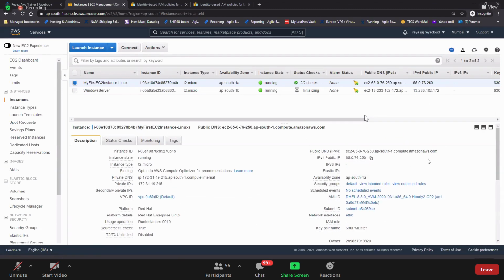Okay, now question for you here is, and yeah, which availability zone? Can you tell me, I have assigned this public IP. If I stop and start the EC2 instance, this IP will change or not? Yes, it will change. Do you see that you can connect to this EC2 instance using public IP, or you can also connect to this EC2 instance using public DNS also? Do you see the DNS? You have the 65.0.76.250, 65.0.76.250. So in the DNS, you have the IP address also here.